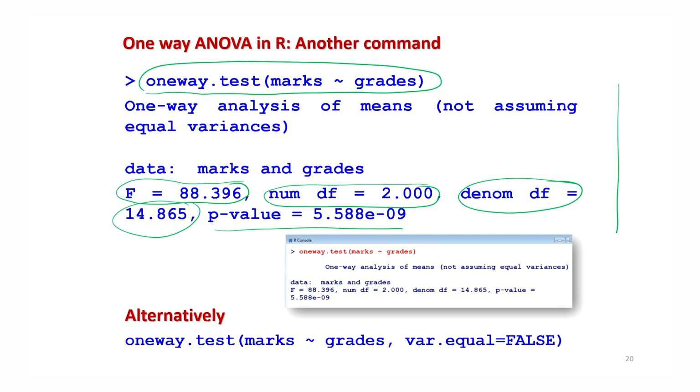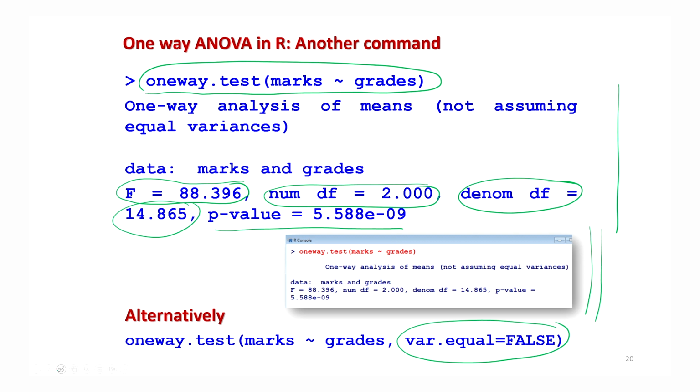So you can see here this is the screenshot, and here I have intentionally taken var.equal equal to false. If you take var.equal equal to true, then you will get the same result that you got earlier. But I wanted to show you what really happens when you use this option, that the variances of different populations are not the same. That is based on a different type of approach, but that has some issues.